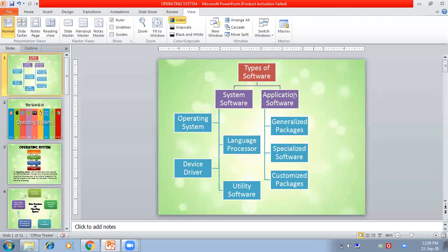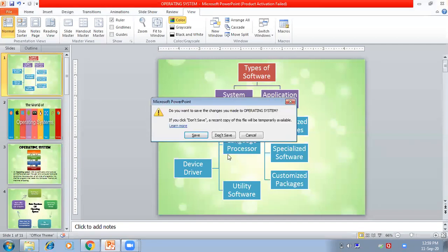And application software also I have explained, कि generalized package word excel powerpoint ये generalized होते हैं. Specialized are like if I purchase an accounting software for me, so that is specialized software. Or if I purchase Photoshop, which is basically used to edit photographs only, so that is used by photographers, so these types of software are specialized. लेकिन word excel powerpoint जो सब use करते हैं, so that is generalized. कस्टमाइज जो आपकी स्पेसिफिकेशन आपकी रिक्वायरमेंट के अकॉर्डिंग बनते हैं, so that is customized packages only.